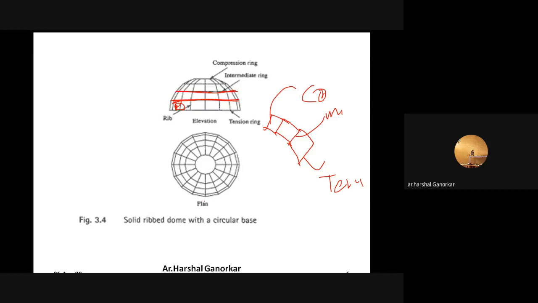Let us recap the basic classification of rib dome. Rib domes have braced ribs and solid ribs. In braced rib we have Pratt type and Vaughan type. In Pratt type we have vertical member radial. In Vaughan type we have, first, without vertical member, second with vertical member, and third with vertical member radial, and in the fourth, without vertical member at lower chord.